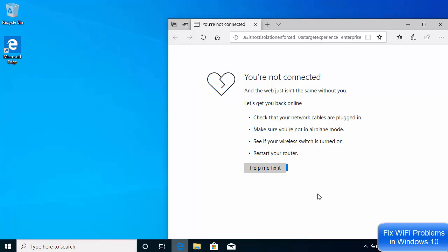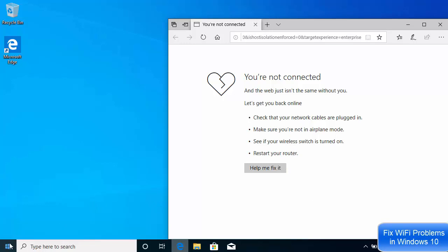When you start your PC in safe mode, it's going to disable all the external stuff and start your PC with the bare minimum things, and then it's going to show you if your internet is working without your antivirus and other things. So let's see how we can do that.